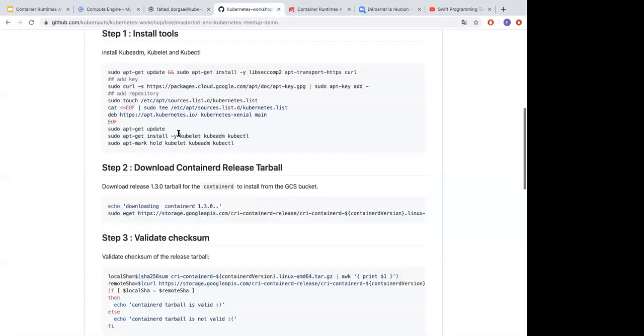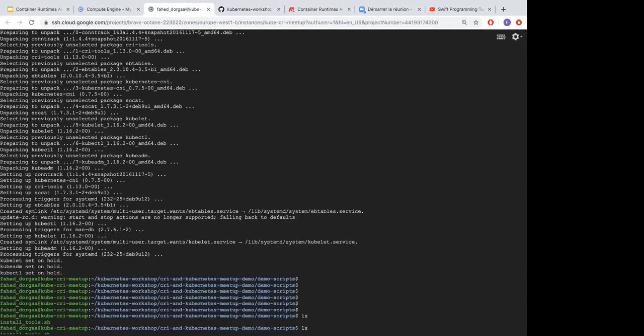The second step will be about downloading the containerd release tarball. In this demo, I will use the 1.3.0 release for containerd, and I will download it from the Google Compute Storage bucket of GCP. So for this, I